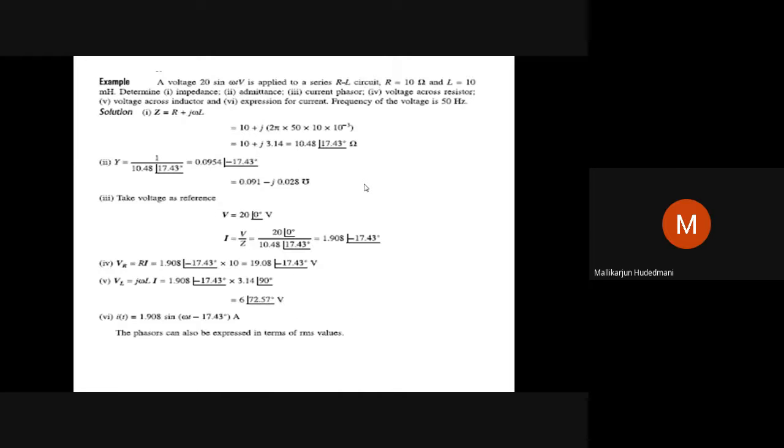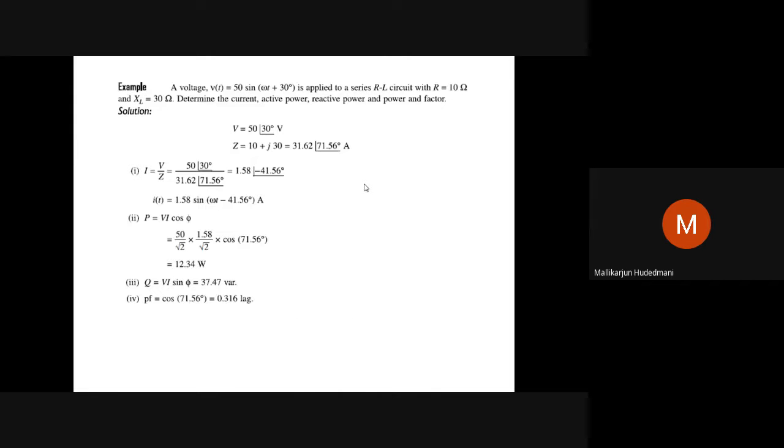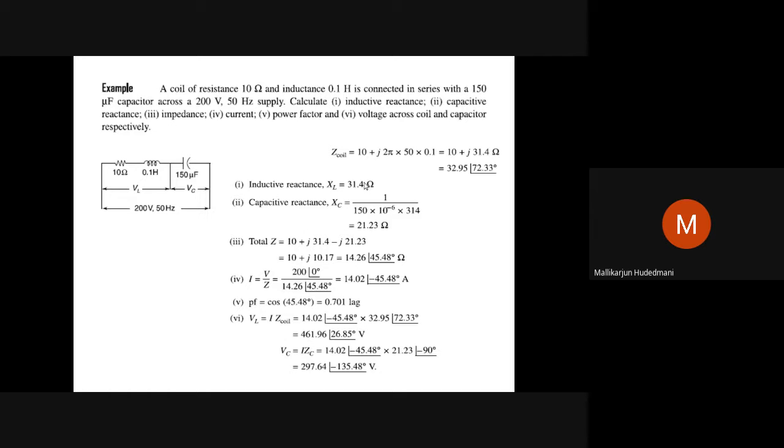Okay, then we have certain examples of how that ratio works out here in complex mode, how the power is calculated, how the reactive power is calculated, VI cos phi, VI sin phi, like that, active and reactive power computations. Then we have seen the RLC series circuit. Usually numerical problems are of either RL, RC, or RLC. Only three variants: RL, RC, RLC.